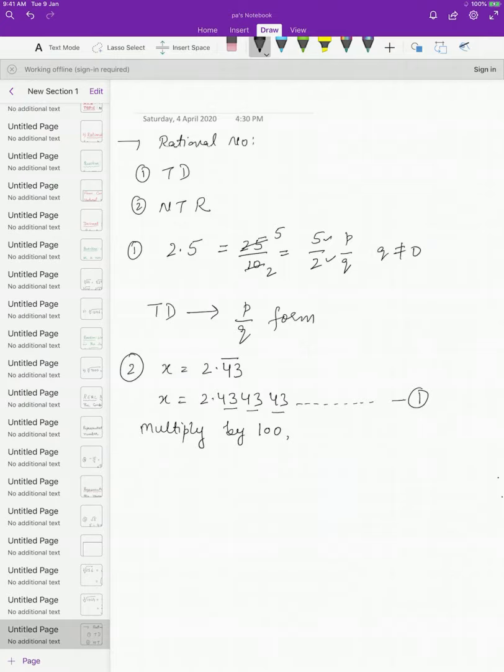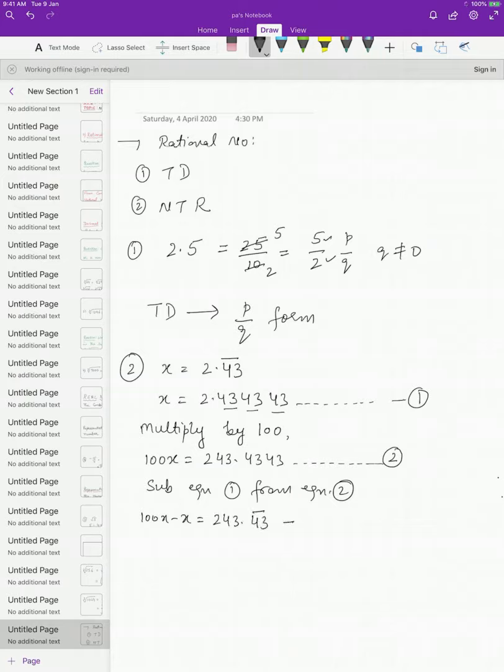So we are multiplying by 100. So we get 100x is equal to 243.4343 and so on. You know how do we multiply the decimal numbers by 100, 1000, 10,000 and so on? If you have to multiply a decimal number by 100, the decimal point will shift towards the right by 2 places. Now subtracting equation number 1 from equation number 2, we get 100x minus x is equal to